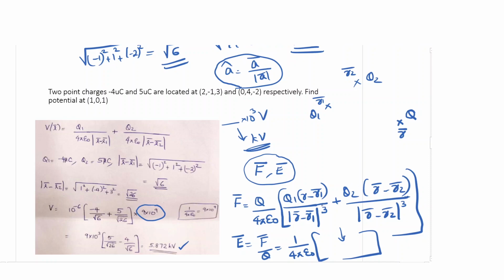So here in the denominator cube is coming. Why? Because you already know that in school itself we learn that force and electric field intensity are inversely proportional to the square of the distance. So already you know that there is a square term, and when we deal with vectors, unit vector is the vector divided by the magnitude. So square into one more term makes it cube. Okay, so this is how you can calculate F and E, and the last problem was to calculate electric potential.